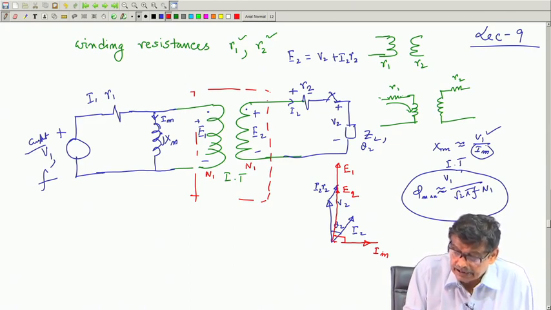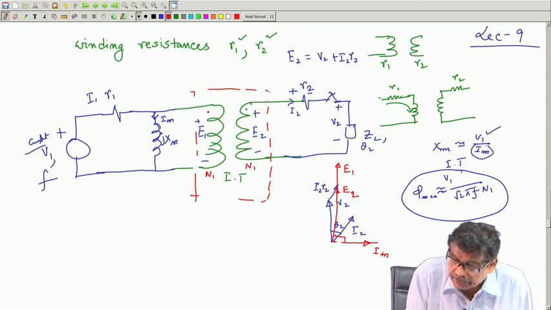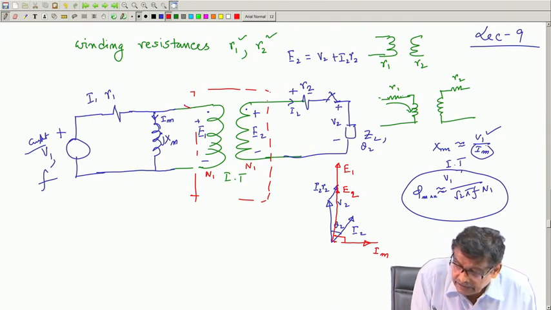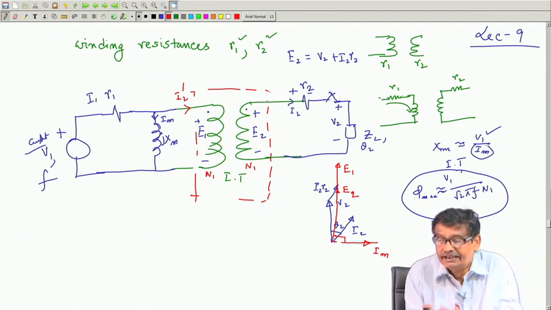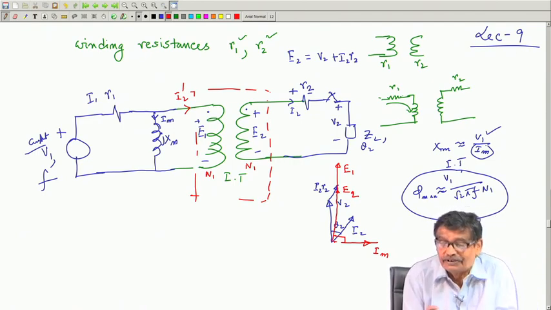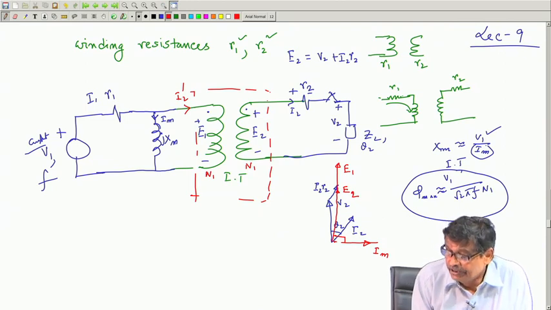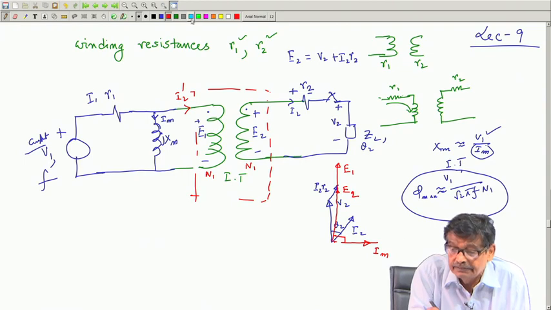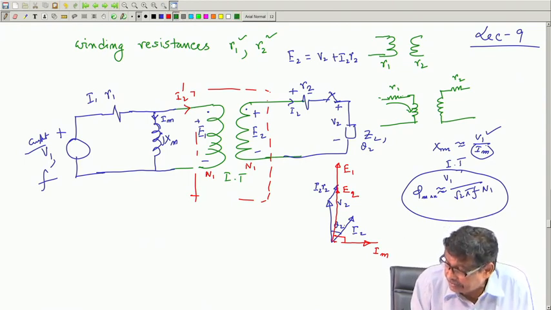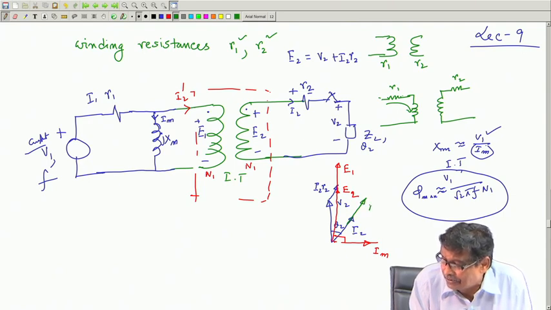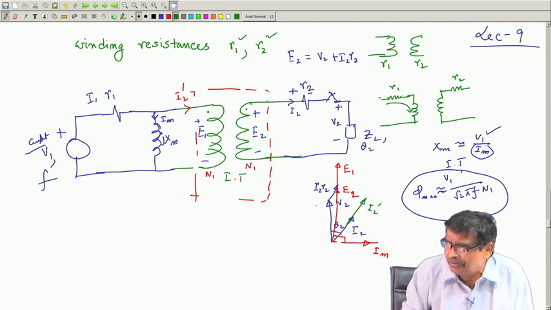It is an ideal transformer with S opened. I2 was 0, this current was 0. With S closed, I2 dashed will appear here, nowhere else. It is an ideal transformer, this portion. So, I2 is known, and I2 dashed will be in the same phase with that. So, I will get I2 dashed. Whether its length will be higher than I2 or not, that depends upon the ratios.